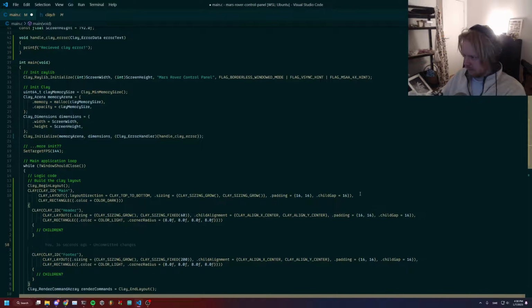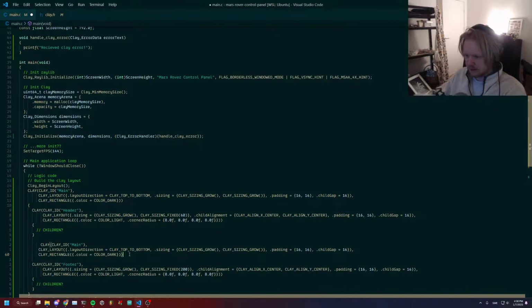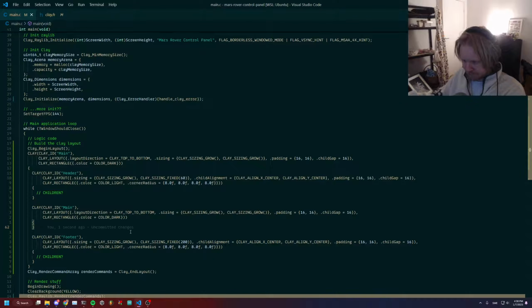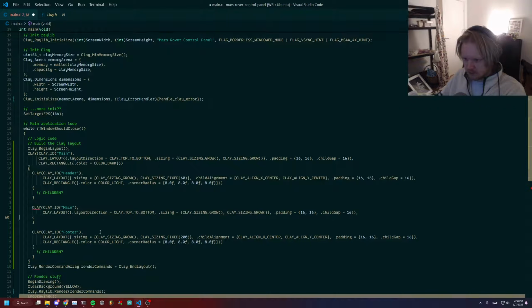And what we can do, I think, for simplicity, is almost just copy this. So the exact same, but we don't want a rectangle. And this one. And we want